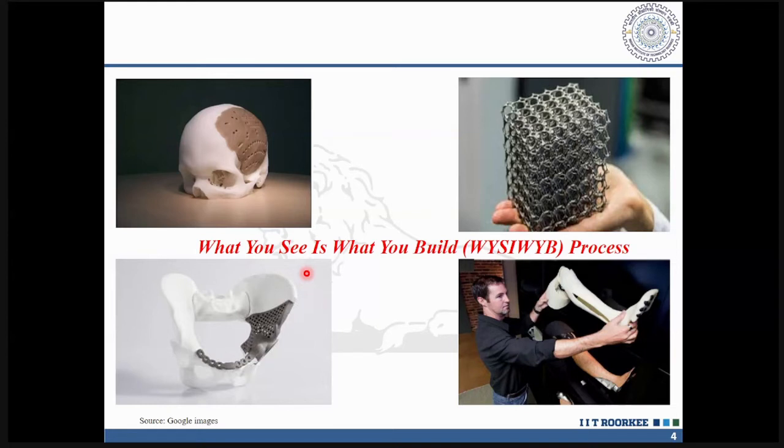For example, over here there are four different things. The first one is the prototype of a skull. Now you can see over here two different colors. One is the white colored portion and the other one is this golden colored portion. Fine. So what happened in this particular case is that a person met with a head injury and some portion, which is shown over here with this golden color, was missing from his head. Fine. Now the doctors wanted to provide the actual profile of his head. They wanted to retrofit this onto his particular skull.